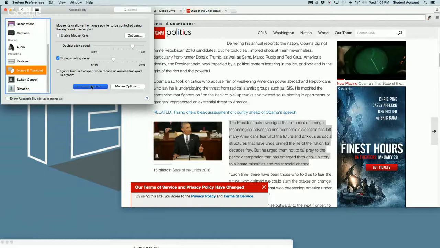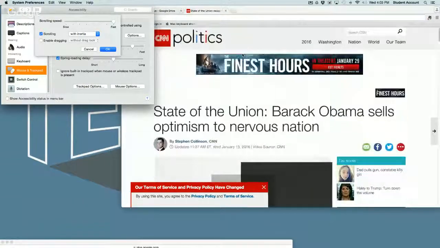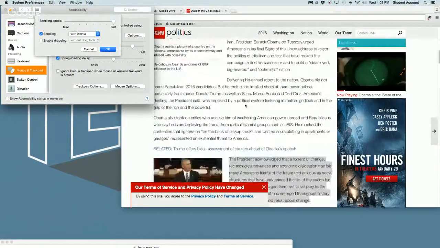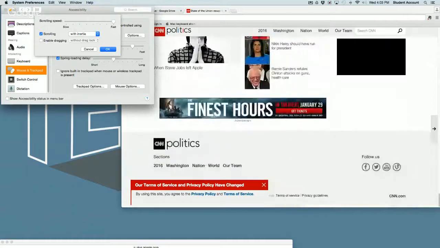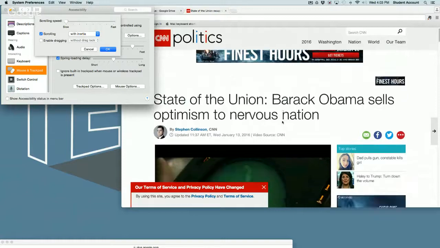But then we can come down here and go to our trackpad options, and this is where we can change how fast something scrolls. Right now I have it set as fast as it can go, so it's really a simple motion that gets me all the way to the bottom of the page. But if you're somebody who wants to keep up with the information that's scrolling by, we can move it back slow